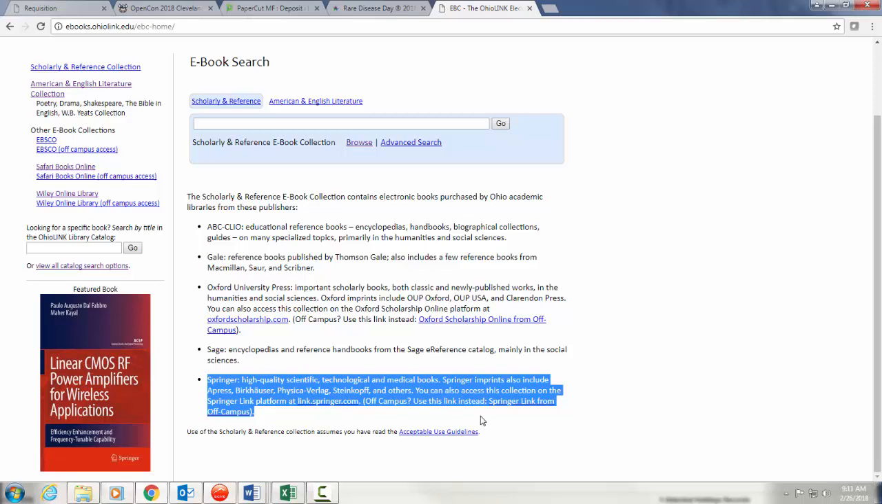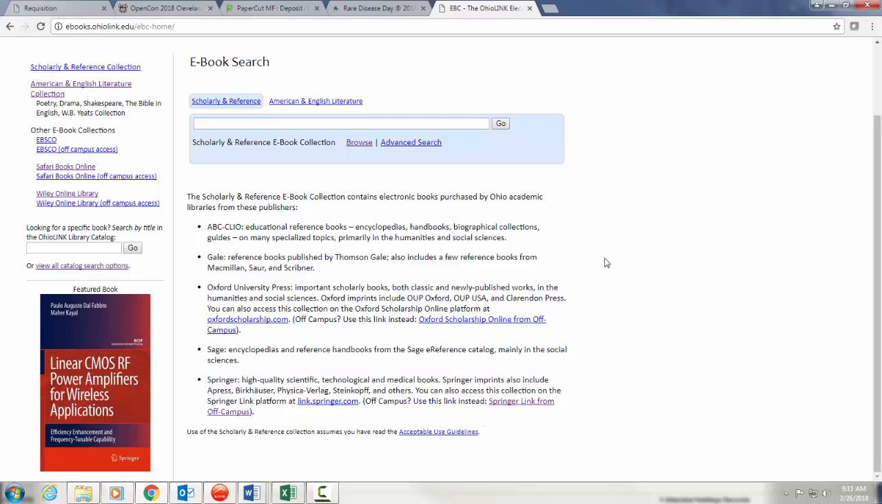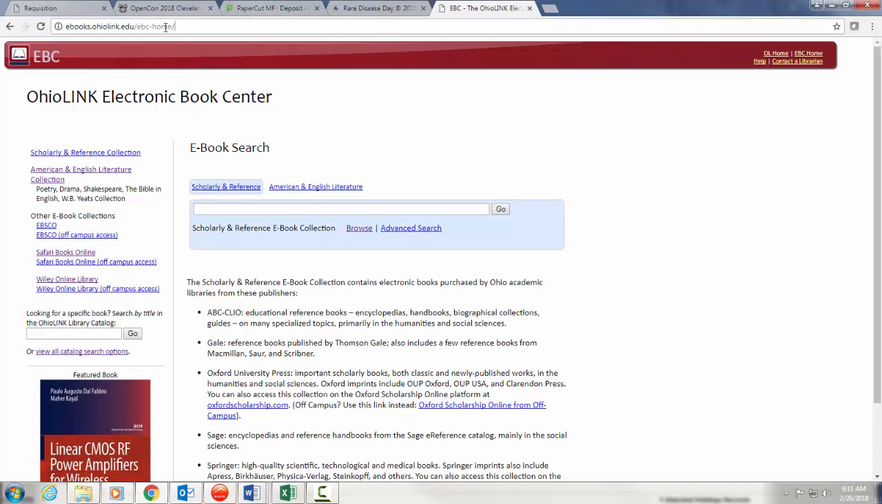Springer, high-quality scientific, technological, and medical books. Springer imprints include A-Press, Birkhauser, Physica Verlag, Steinkopf, and others. You can also access this collection on the SpringerLink platform at link.springer.com. To use the OhioLINK Electronic Book Center, go to the OhioLINK Electronic Book Center homepage,